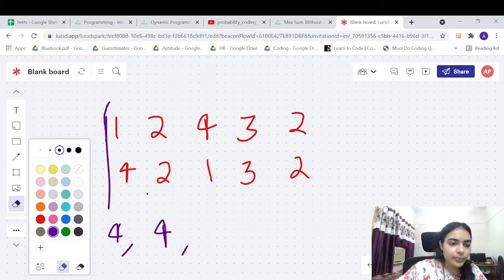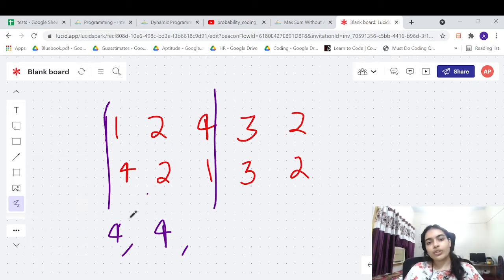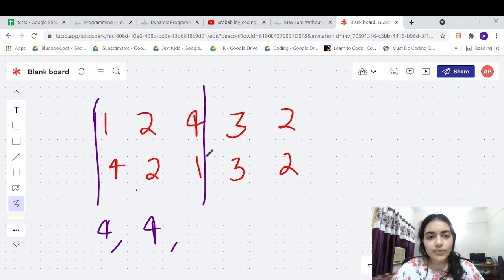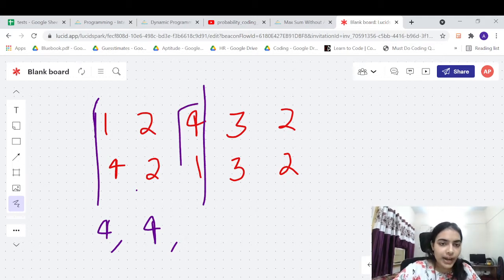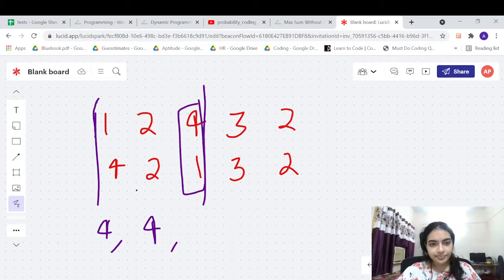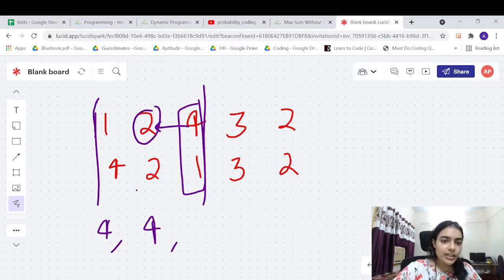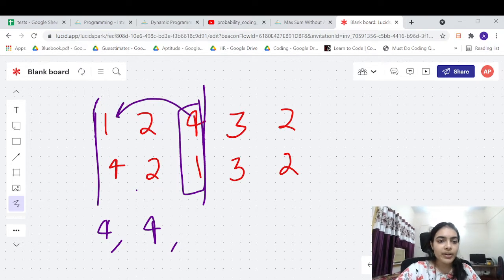Now let me continue. I will add one more column, one more space. Now in this case, what is the answer? I already have answers up to here. If I take any of the elements from here, I cannot take any of these two elements, but I can take an element from here. I just cannot take these two, but I can try to take previous elements.